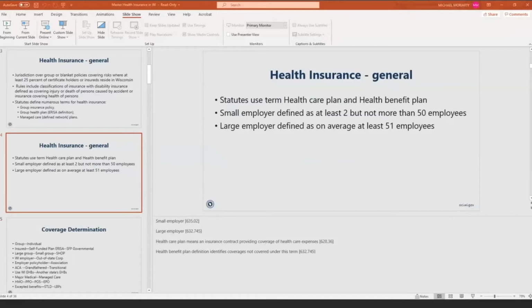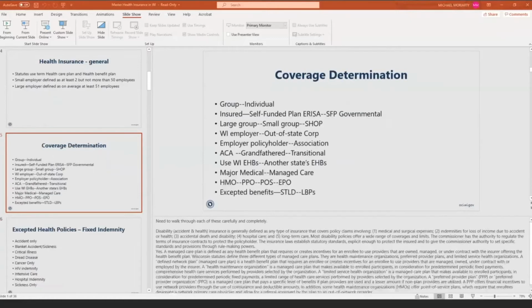Next slide. So we titled this coverage determinations, but it's really categories of different types of health coverage. There could be a group policy or an individual one. Most of what you're going to be working with are individual policy holders looking for coverage through the ACA. You're looking at fully insured, so Humana or Blue Cross Blue Shield or Anthem is a fully insured